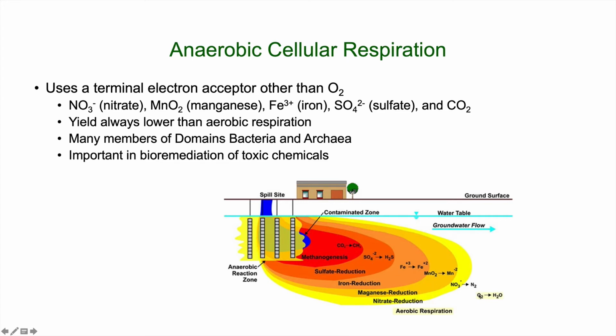First, we're going to use oxygen, and then the nitrate reducers are going to kick in, and then the manganate reducers, then iron reducers, and the sulfate reducers, and finally the methanogens. These are all bacteria. They're prokaryotic organisms, and they have evolved to utilize these pathways because other things are using oxygen. And so, if you can use carbon dioxide as your terminal electron acceptor, you can survive where none of